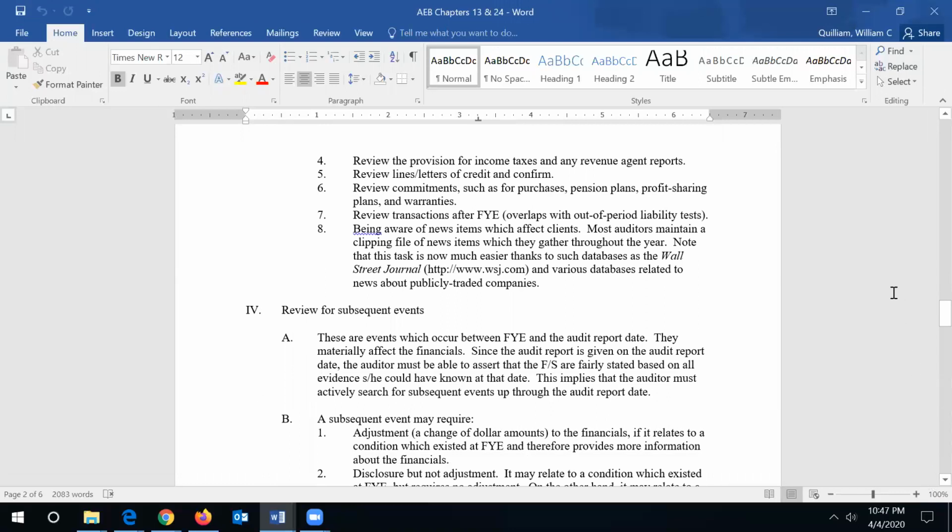Then number 4, we should also review the provision for any income taxes and also any revenue agent reports, because there could be some contingent liabilities there. They may owe the IRS or State Department of Revenue. Then review lines or letters of credit, like a home equity line of credit on a personal level, and confirm these. Then number 6, review commitments such as for purchases, pension plans, profit sharing plans, warranties, because all these are